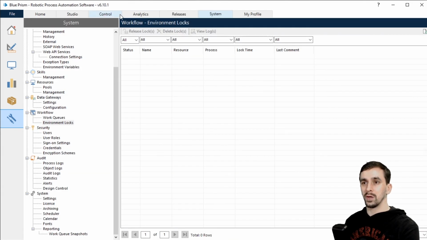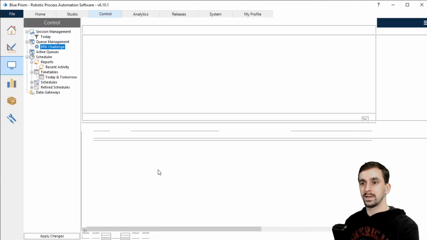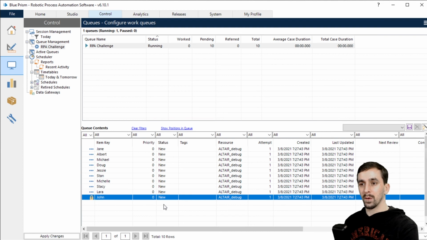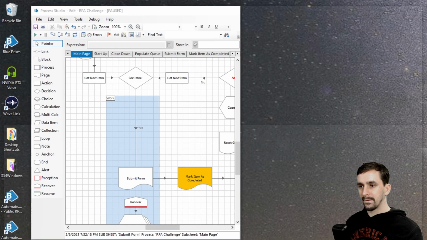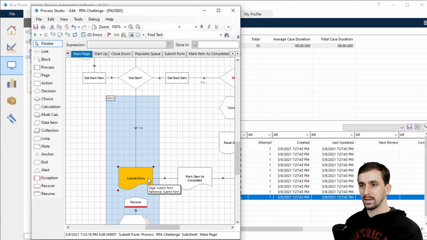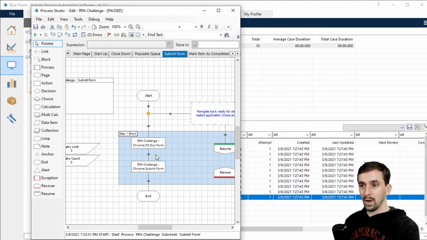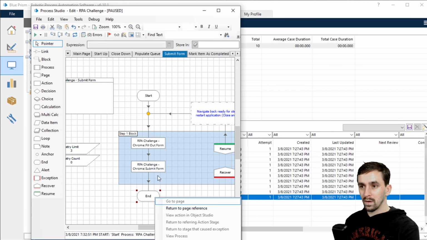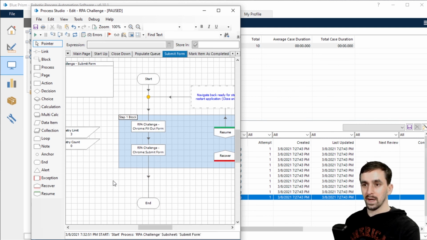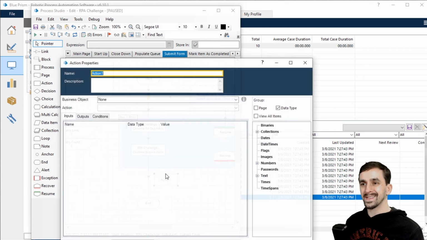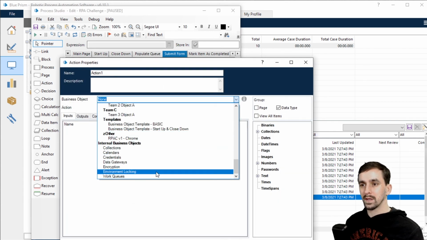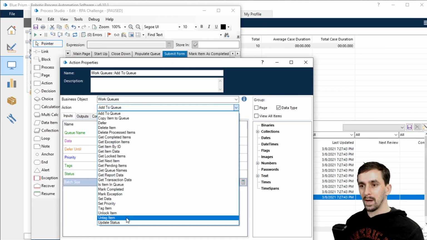Let me show you in the queue what's going on there. This right here is the item that we're working on. John just got entered into the page and it got submitted. And so now, you know what? One thing that would be cool if we did is let's go back to this. I want to step into this. Okay, I'm going to skip over this stuff in just a second. But the other thing I want to do is update the status. So let's use the work queues object to update the status